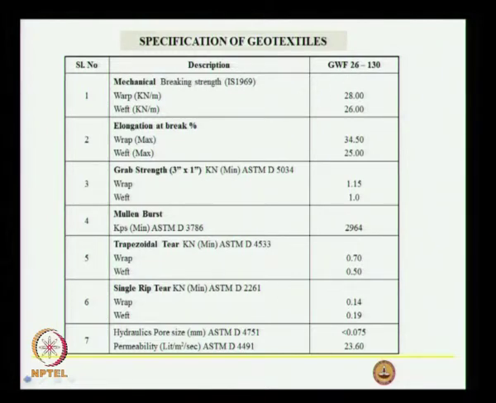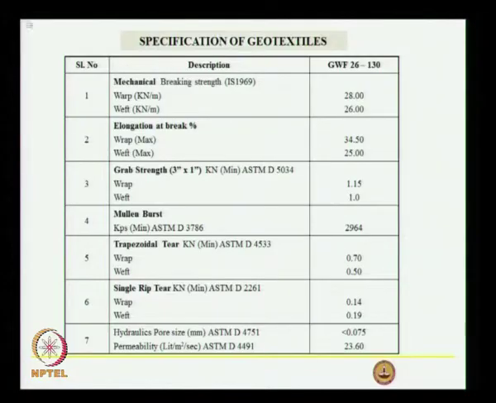Weft and warp are the two directions when we are making a woven geotextile. One direction is called the warp, and the other is called the weft. In the direction of the weave the strength will be more, otherwise it will be less. This 130 is grams per square meter, that is, if we take 1 square meter of this geotextile filter and find the weight, it will be about 126 grams per square meter. So if you want higher strength, we can have up to 80, and the weight can go up to 360, 380 grams per square meter.